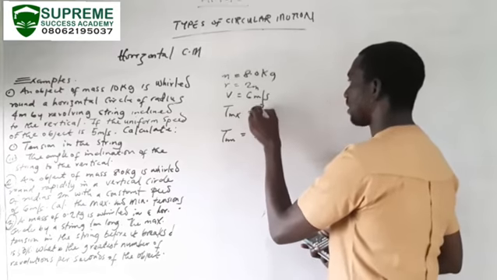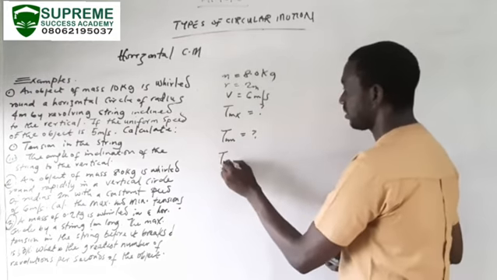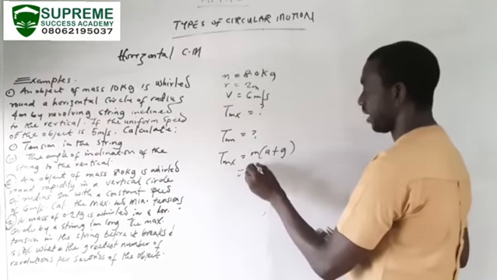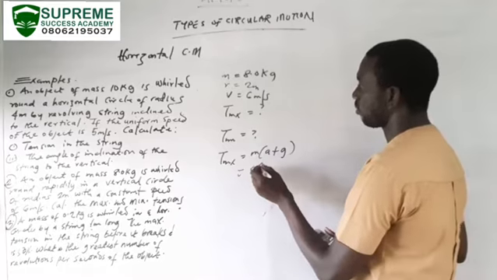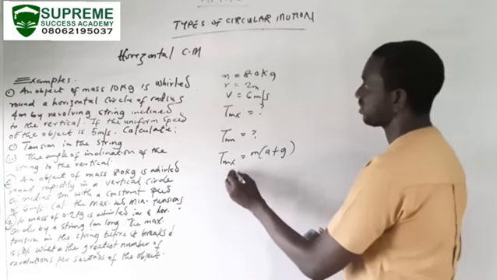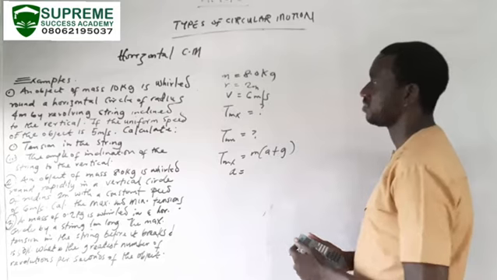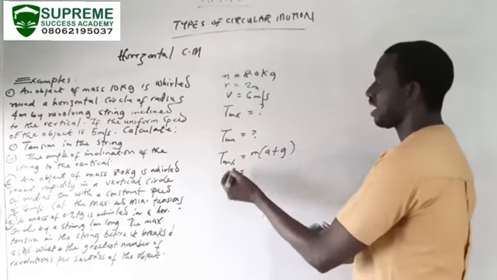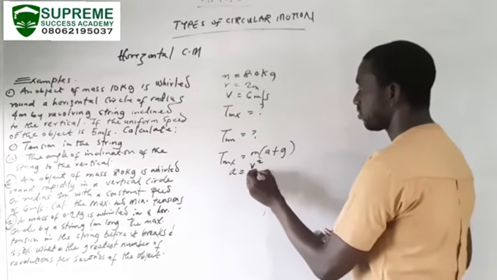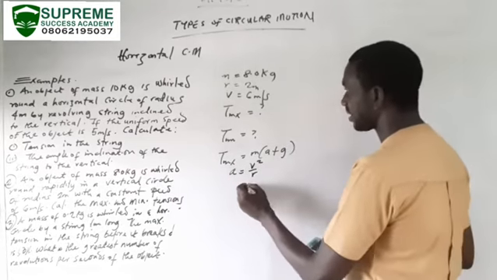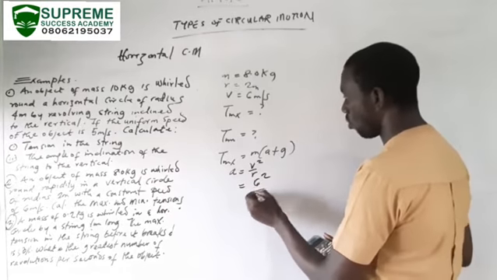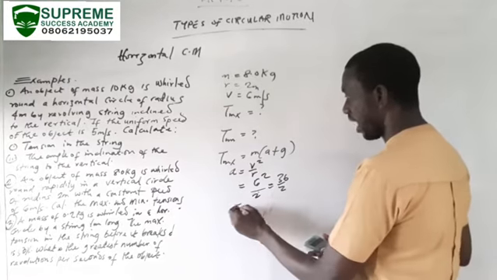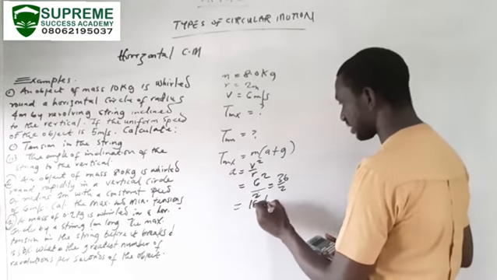And don't forget, I've given you the formula for your T max. Your T max is given by M(A plus G). And what is your M? 8. What's your A? Oh, you are not given acceleration, which means you need to first find your acceleration. From the relationship we derived in our previous classes, acceleration is given by V squared over R. That's centripetal acceleration. Your V is 6 squared over R. Your R is 2. That's 36 over 2. Acceleration is 18 meters per second squared.